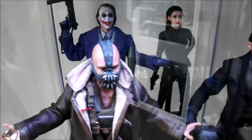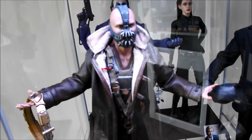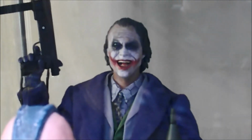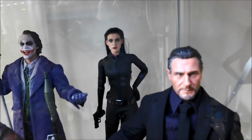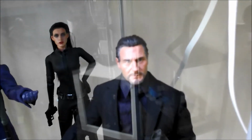Then just some Batman stuff again. Bane, really nice figure, really well done. Dark Knight Rises, another Heath Ledger Joker, crazy sculpt again, bought separately, Catwoman, Dark Knight Rises,